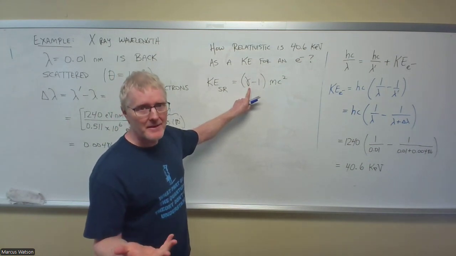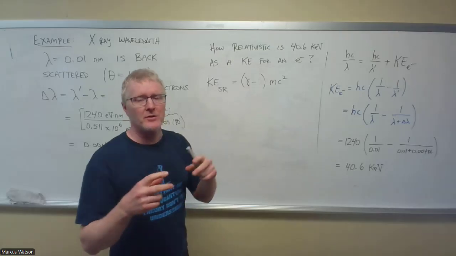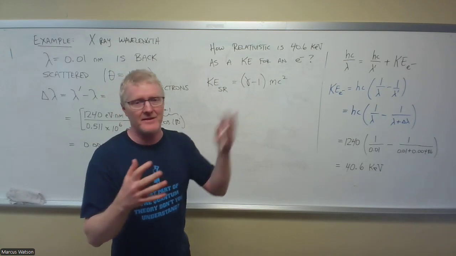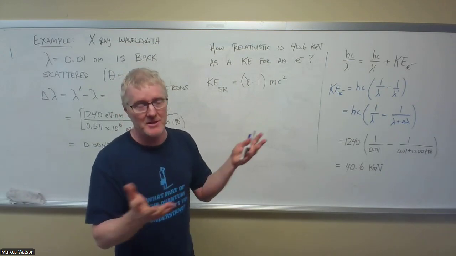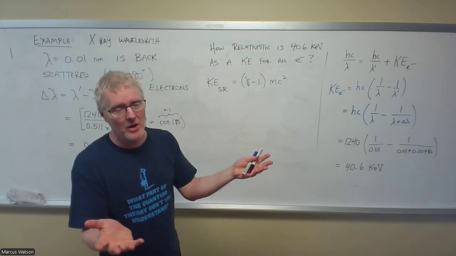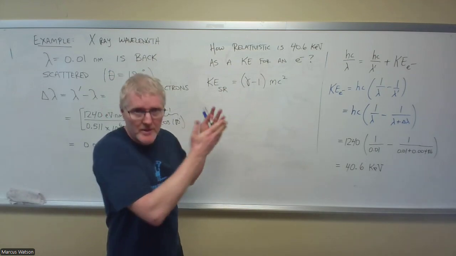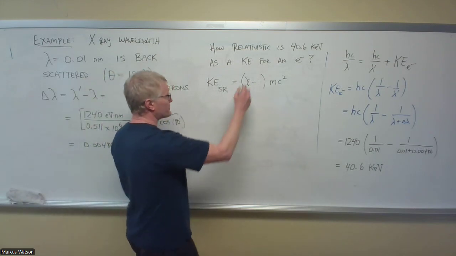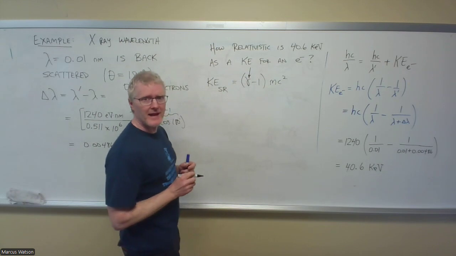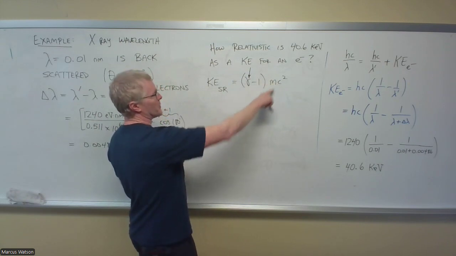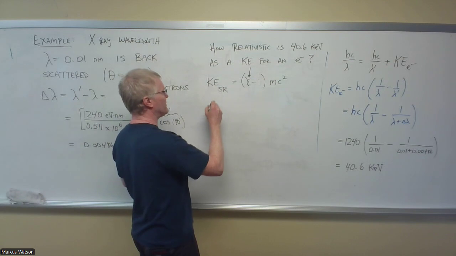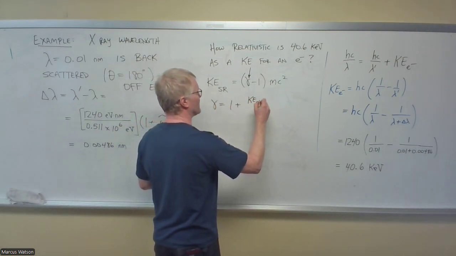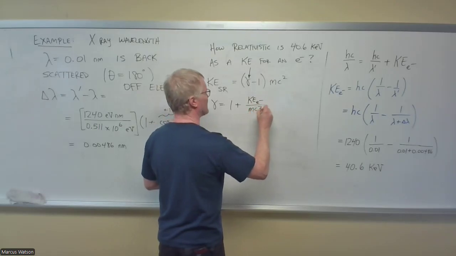If we know what gamma is, then we can either look at gamma and say, oh yeah, that's really not close to anything that's going to be going fast. That's a gamma that's close to 1, so it's really slow. Or we can actually just go in and mechanically calculate what the speed is going to be. So let's take a look here. We want to solve for the gamma factor. That means I'm going to swing the mc squared underneath and add 1 to it. So gamma is going to be 1 plus this kinetic energy of the electron divided by the electron's rest energy,